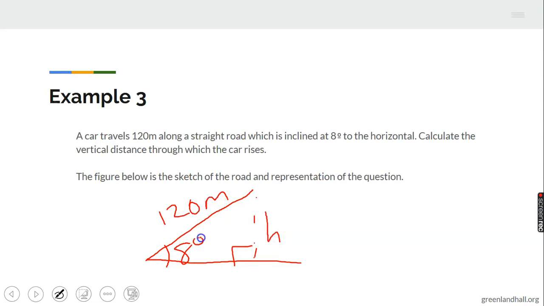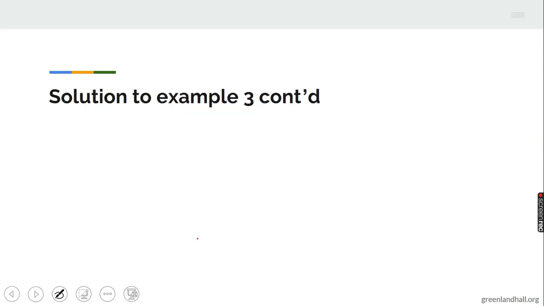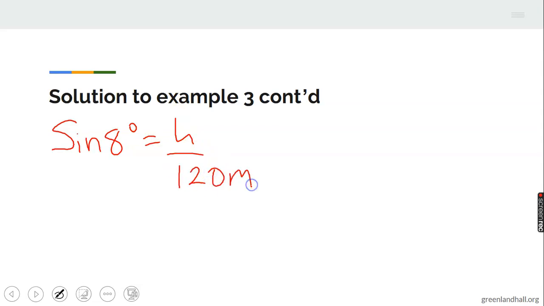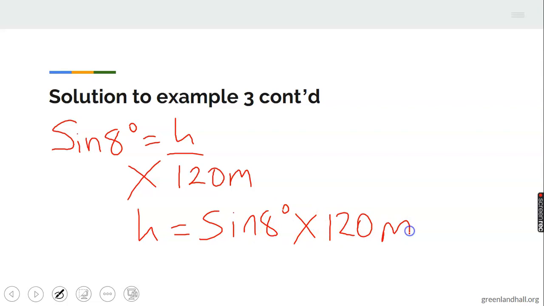Don't forget, where the angle is facing is the opposite side, and we have the hypotenuse side. So what are we going to use there? We are going to use sine 8 degrees equals opposite H over hypotenuse 120 meters. So you cross multiply, that means H equals sine 8 degrees multiplied by 120 meters. And you are going to have sine 8 multiplied by 120. That will give us 16.70